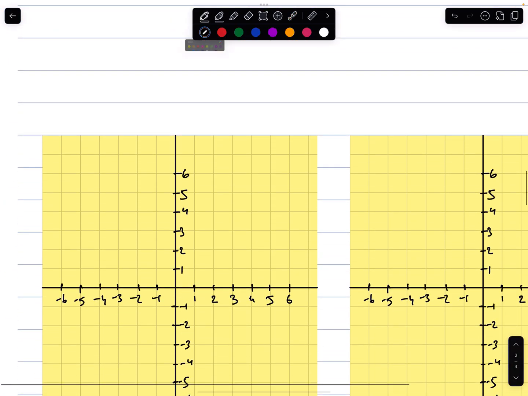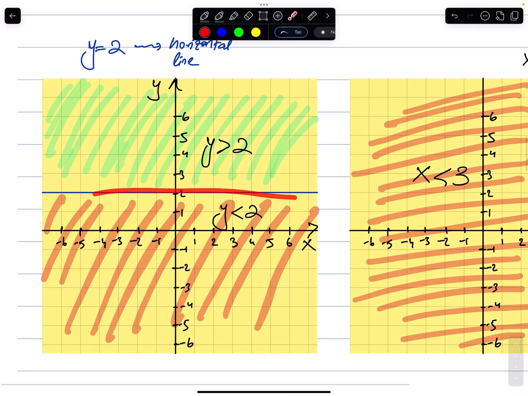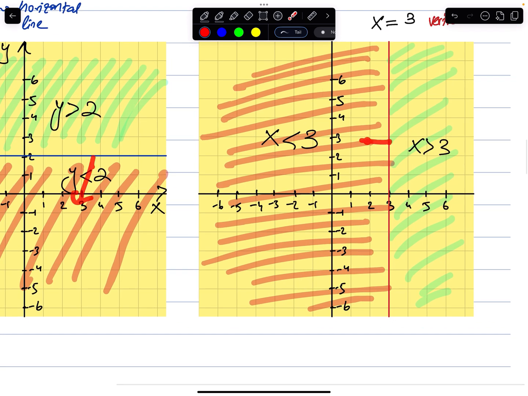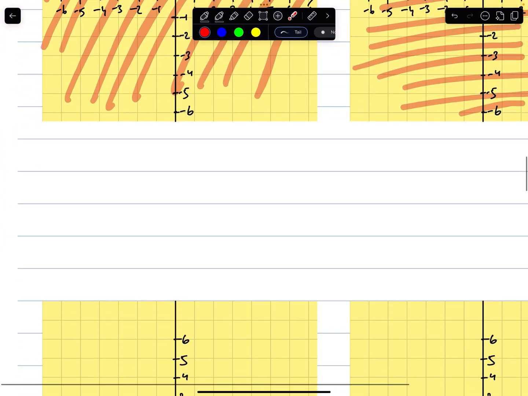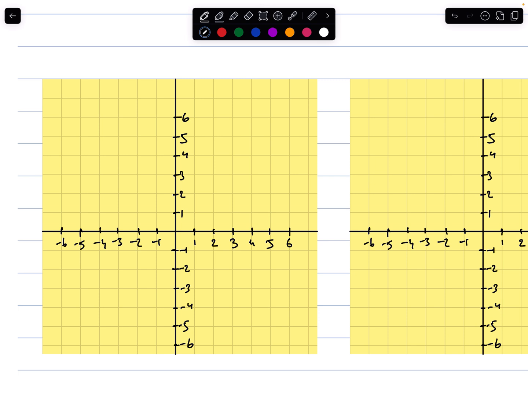Now, the two lines I drew, one was perfectly horizontal and other was perfectly vertical. Horizontal के ऊपर वाला greater than होता है और नीचे वाला less than होता है, and vertical के left वाला less than होता है and right वाला greater than होता है. ठीक है. Now, if you have, for example, a slanted line, कहते हैं एक लाइन है